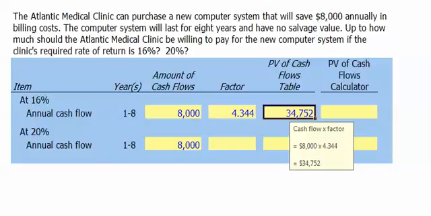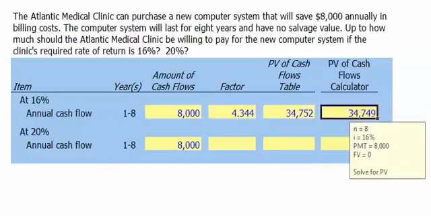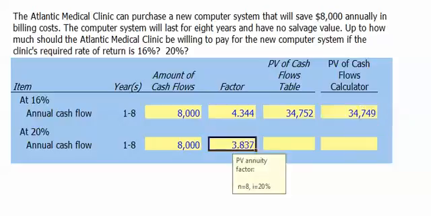$34,752. If we were to use our financial calculator, we would enter 8 for the number of periods N, 16% for the interest rate. The annual payment or cash flow would be $8,000, and we would enter 0 for the future value and solve for the present value, and we would get $34,749. At a 20% discount rate or required rate of return, our present value annuity factor is